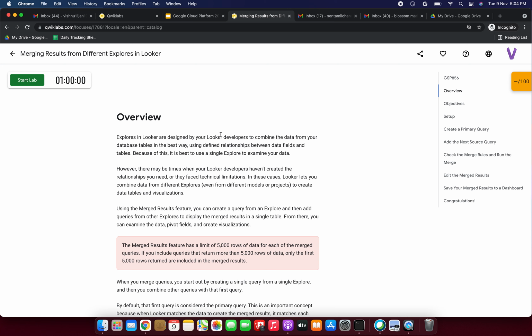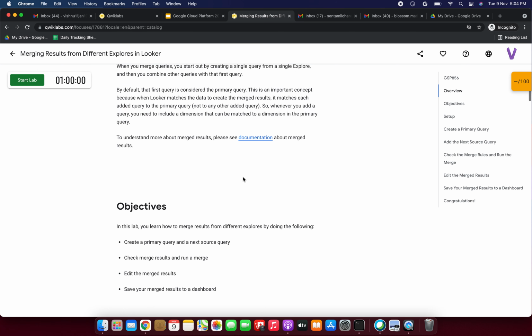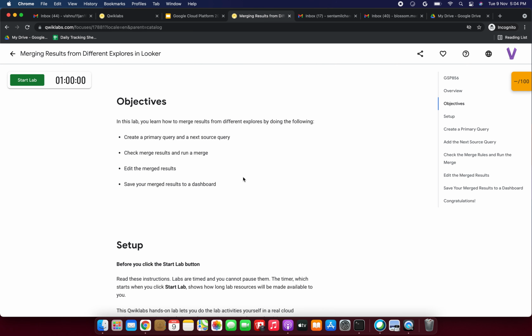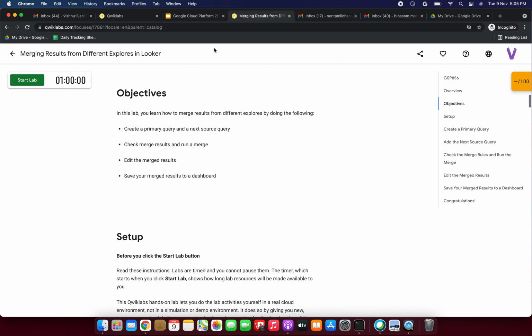Because of this, it is best to use a single explore to examine our data. So here we are going to see in this demo how to merge results from different explores by doing the following. First, create a primary query and a next source query. Second, check merge results and run a merge. Third, edit and merge results. And finally, we are going to save our merge result to a dashboard.